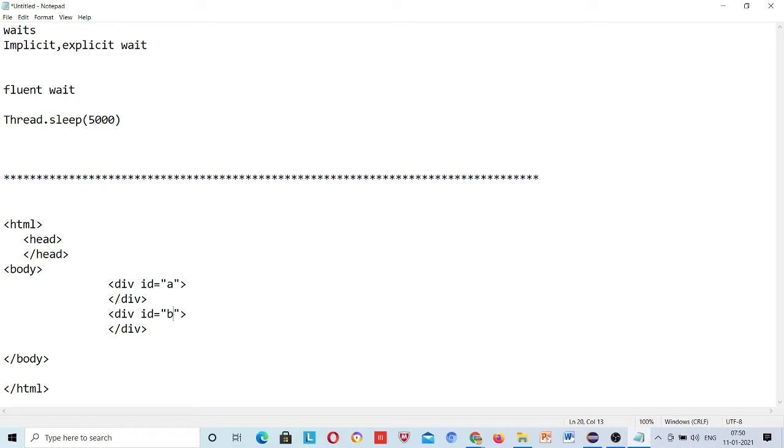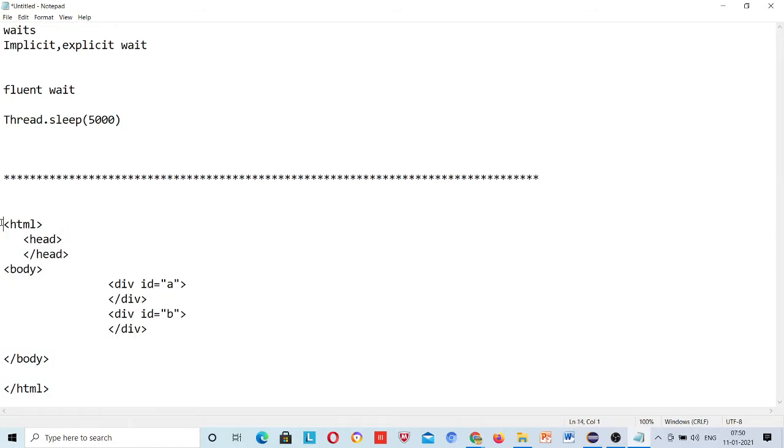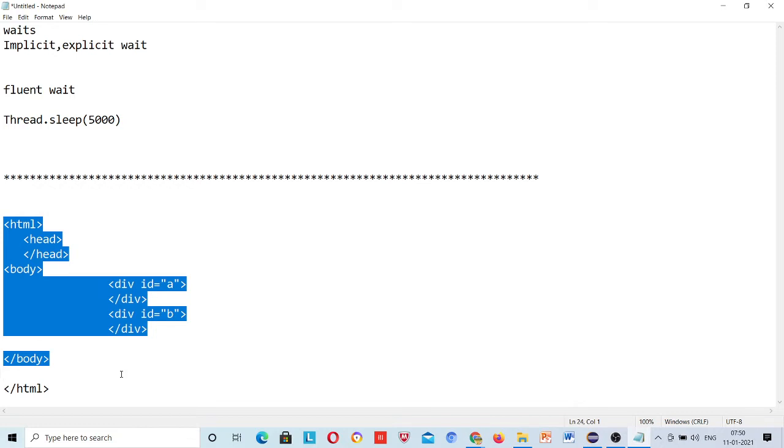Okay, see, now understand, this is your HTML DOM, right? This is your HTML code. Once you inspect your web page, then you get this code, and you inspect your particular web element. Okay, I hope this is very simple to everybody now.